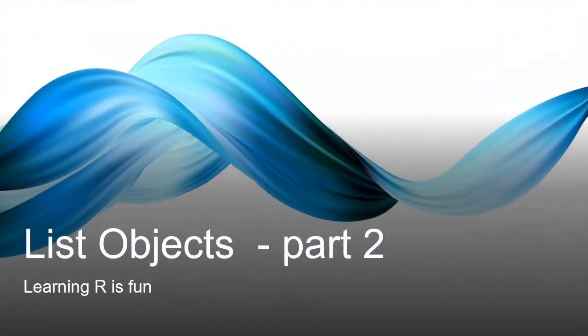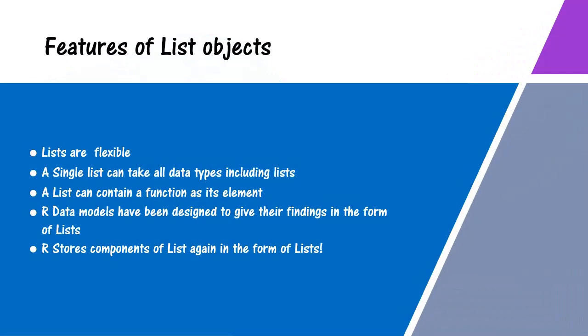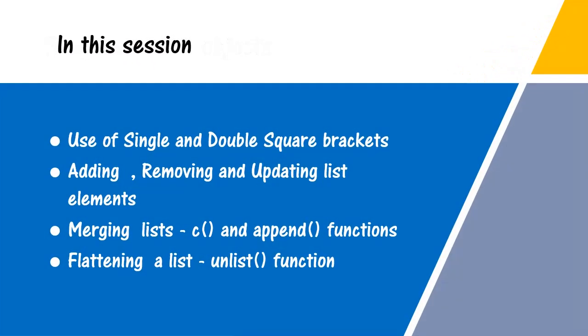In our previous video, we have learnt about creating lists and naming the elements of the list. We also saw that lists can contain different data types including lists. In this video, we will continue with lists and see how to access list elements with single and double square